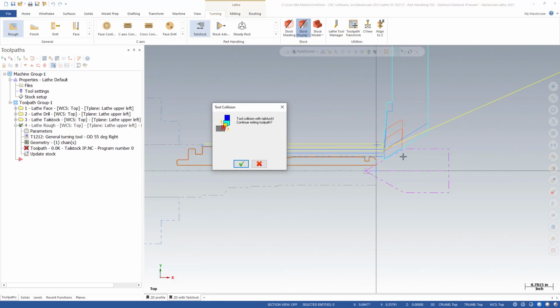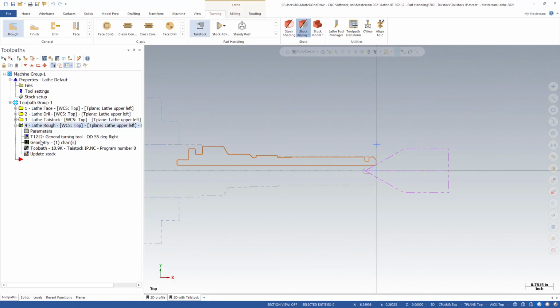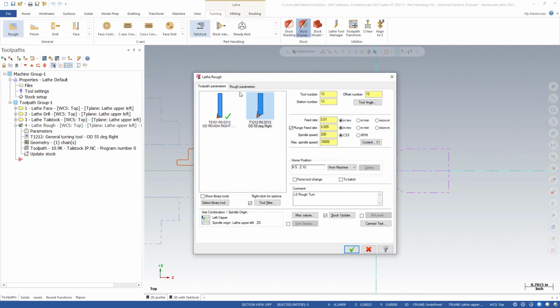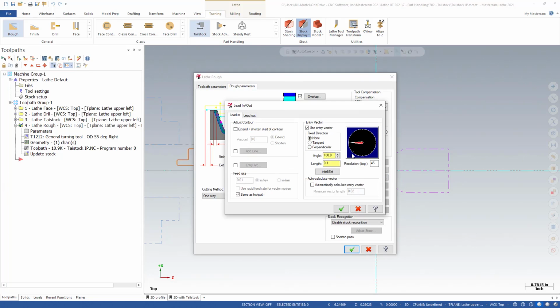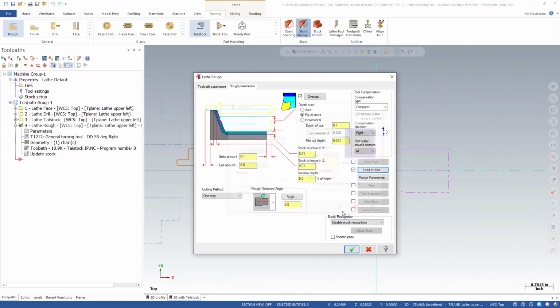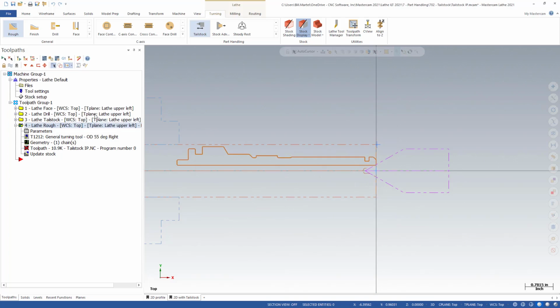So again, same thing, but we're closer, right? So I'm pretty sure that if I change my lead in, I should be able to get that. So we'll go to our rough parameters, lead in, lead out. I'm just going to make my lead in come down at minus 135 degrees. That should get us in there. So there we go. So from here we would create the rest of our operations, but I'm going to take